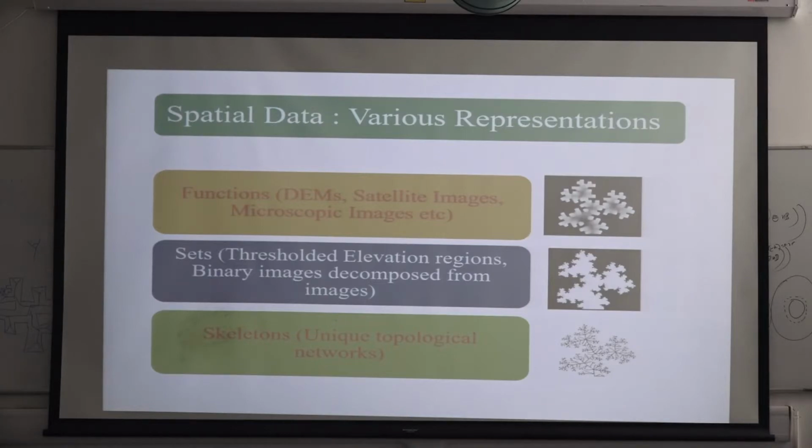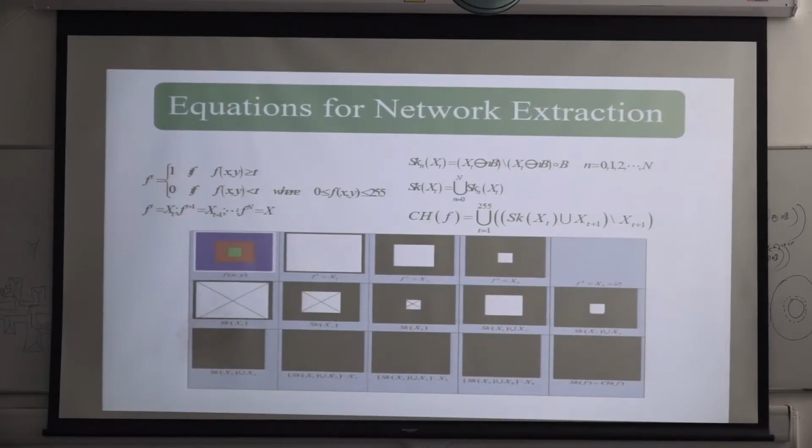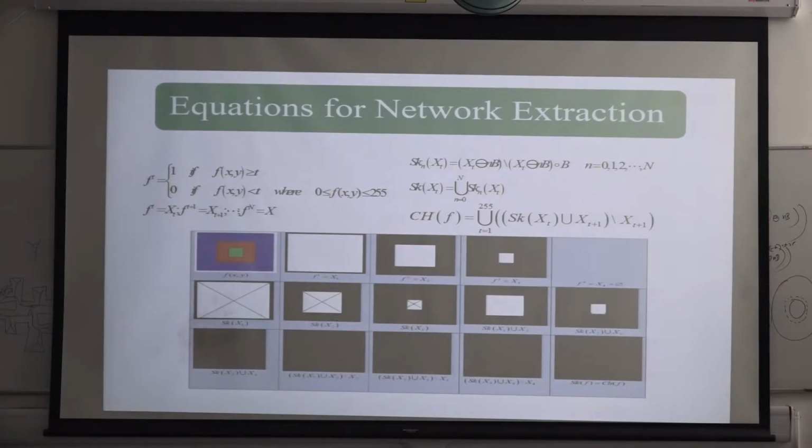In extraction, you look at the synthetic landscape DEM and how it looks when it is binarized. This is one of the thresholded elevation regions, choosing the least threshold value; the middle one, and then the bottom one is a possible skeleton of that particular DEM. And this I also explained, when the synthetic landscape has blue, red, and green regions, and then the thresholded elevation regions and their corresponding skeletons.